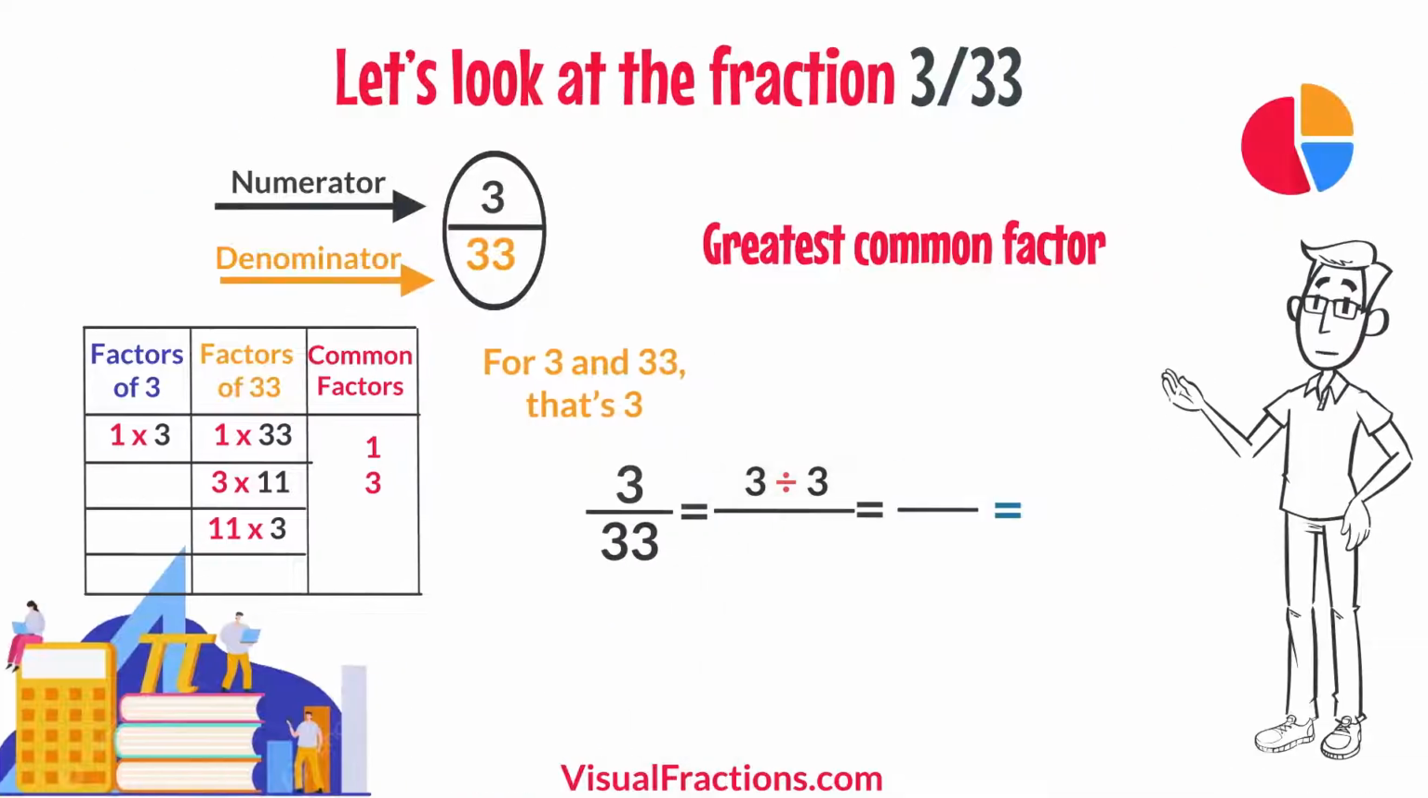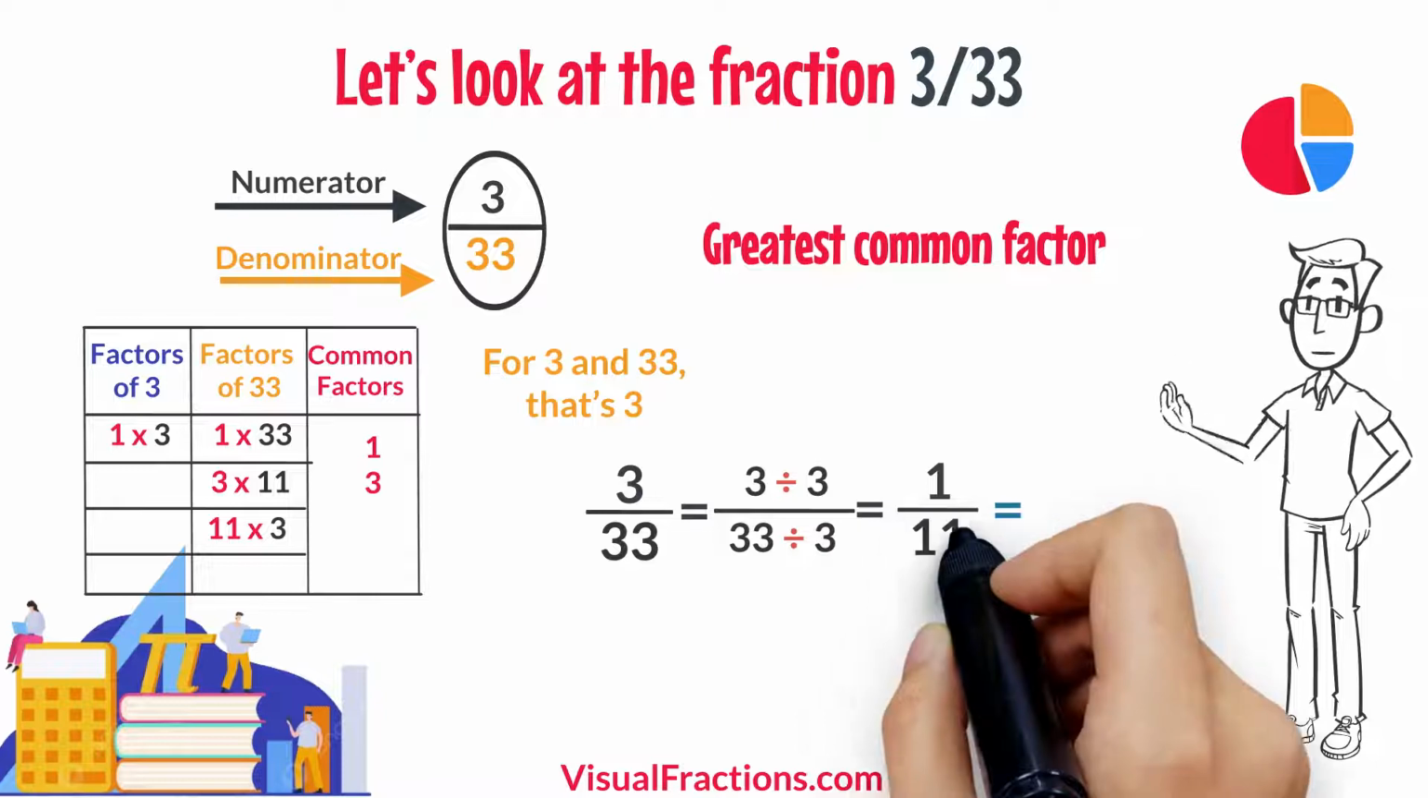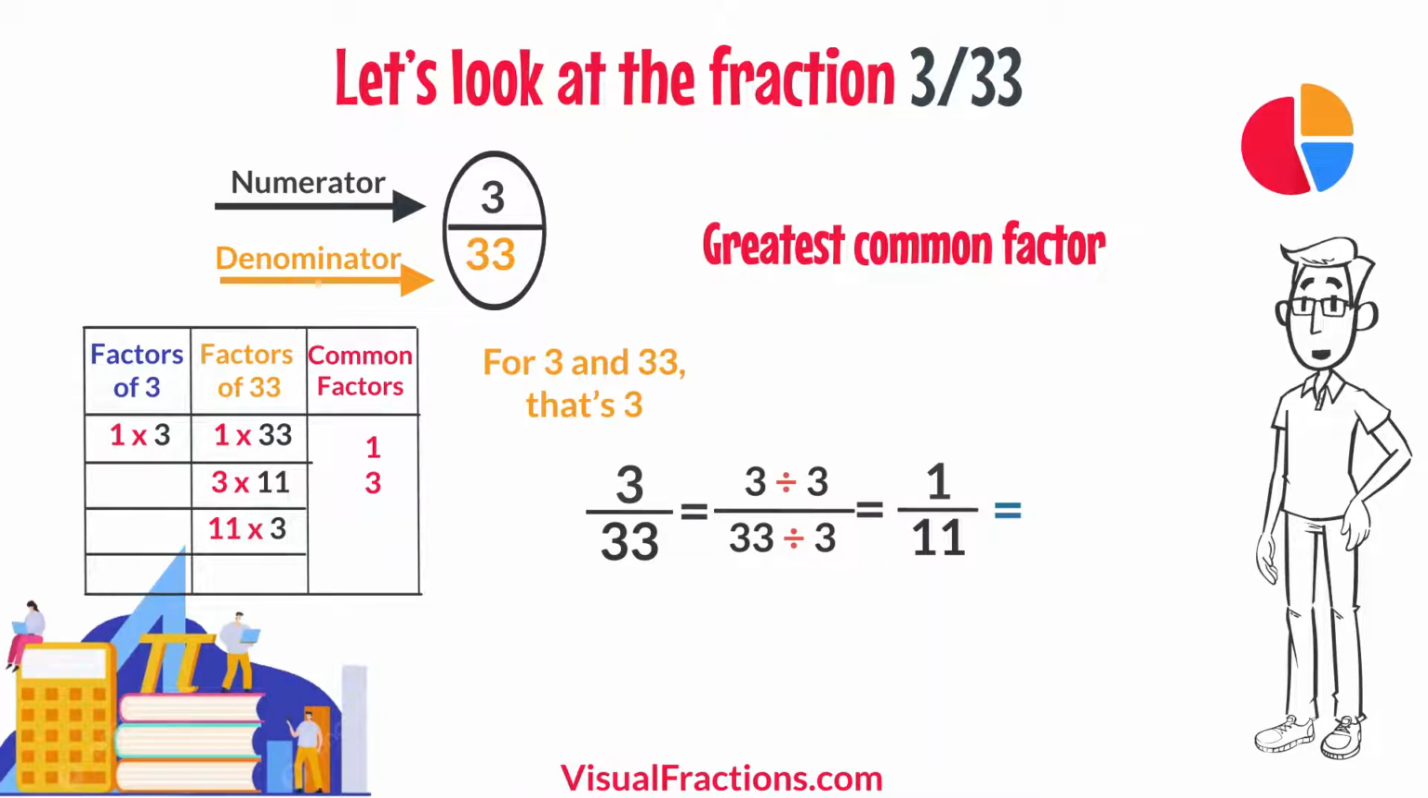We start by dividing 3 by 3, which gives us 1. Then we divide 33 by 3, which results in 11. So, simplifying 3/33, we end up with 1/11, which is the fraction in its simplest form and cannot be reduced